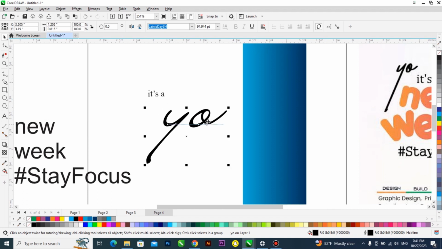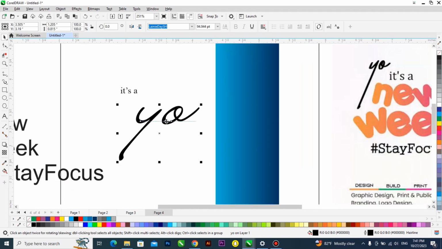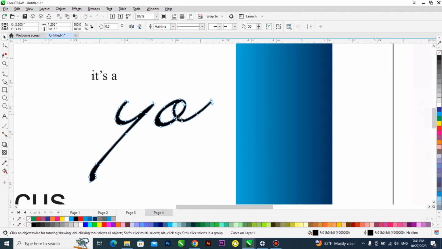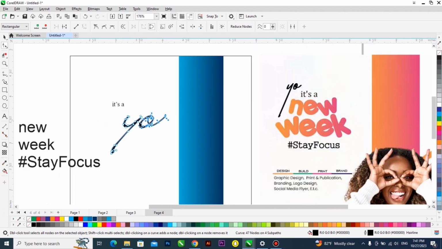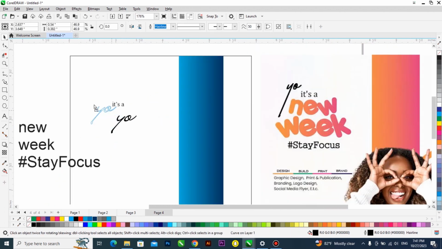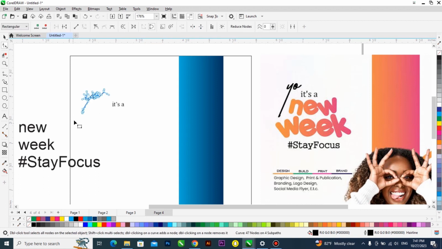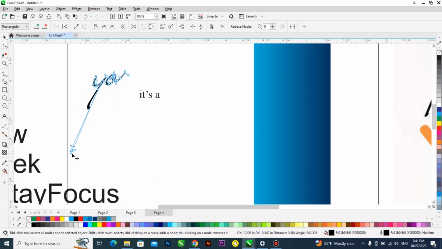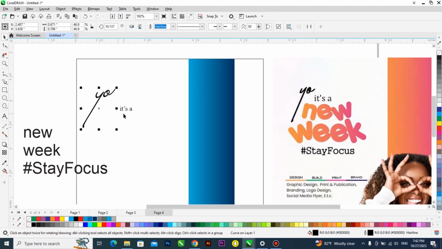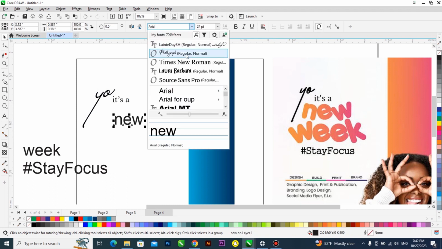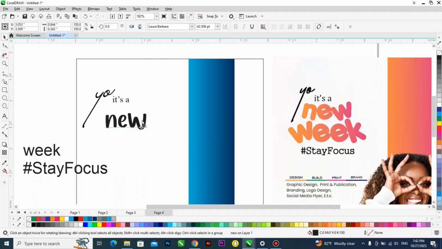Now if this my O is farther than this Y, I'll just convert it to curve and select only the O and maybe bring it closer, right? One good thing about this is anything you can do to actually achieve what you want, just do it. Okay, and that is the reason why I took my time to be explaining to us things we need to know about this toolbox. Okay, now watch. Of course, I know this is not the font, but I was able to get something similar to it. So new week, yeah,